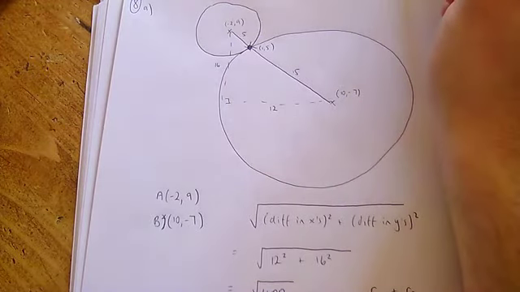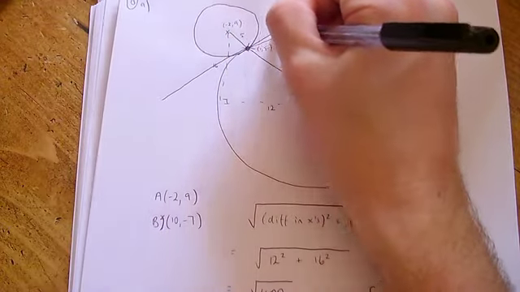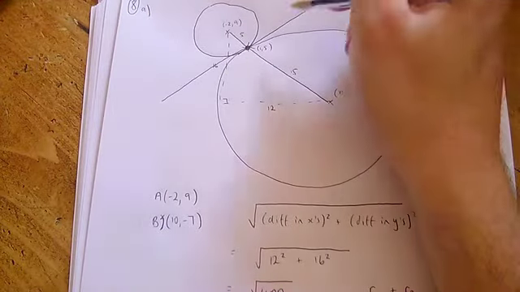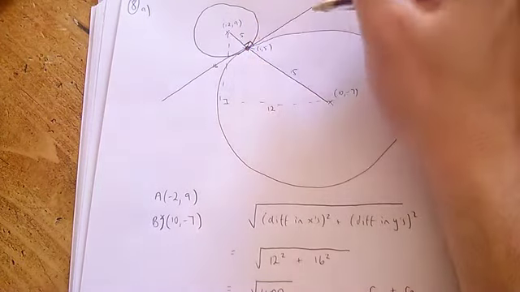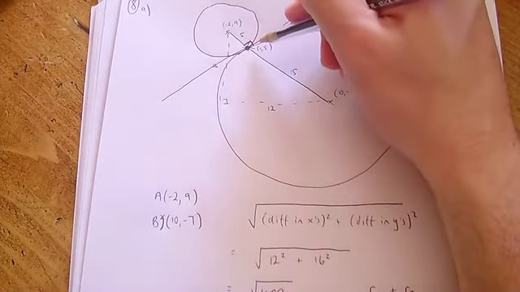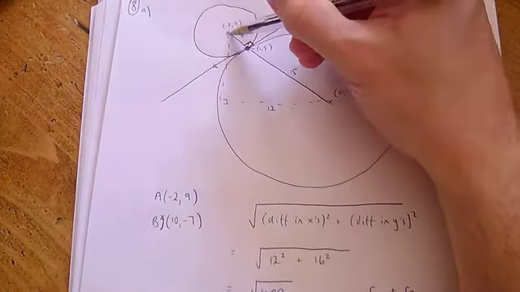Find the equation of the common tangent. So my tangent would be coming through here, touching it in one place. So we must know that that angle there is 90 degrees, where the tangent meets the radius. So we need to find the gradient of the entire radius if we want, or the gradient of just that bit there,